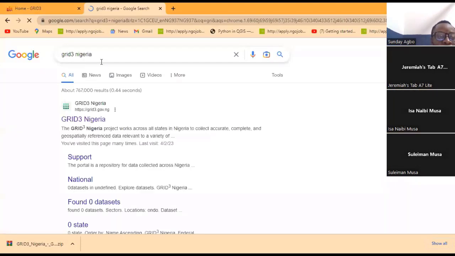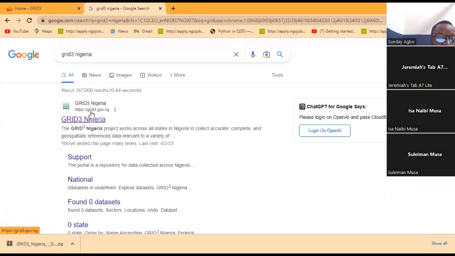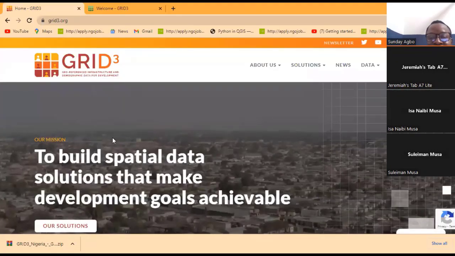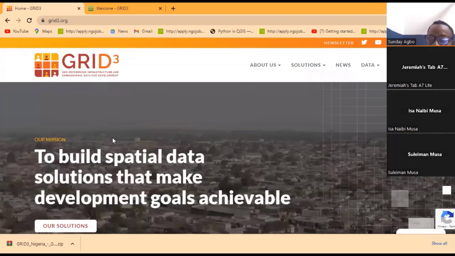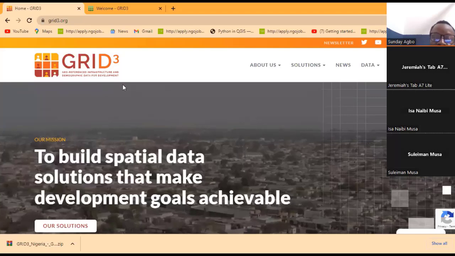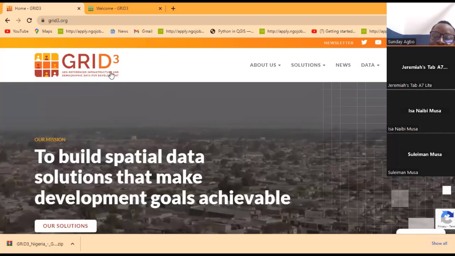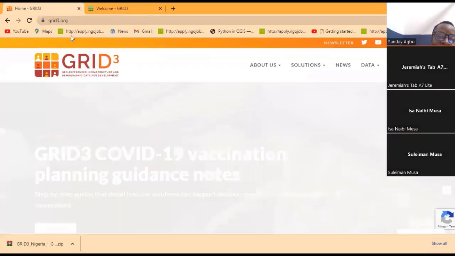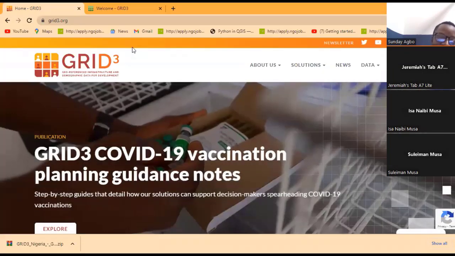Under Grid3 Nigeria, we are using this grid3.gov.ng. This particular grid3.gov.ng belongs to the Nigerian government. The downloading of data here is free. Now, this other site belongs to an organization, but it is not owned by the Nigerian government. You can download data from this Grid 3, or you can download data from that Grid 3, okay? But mostly, I use this particular Grid 3 because it has more data than the